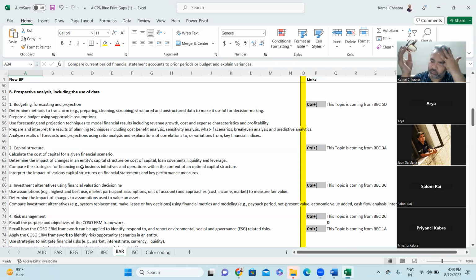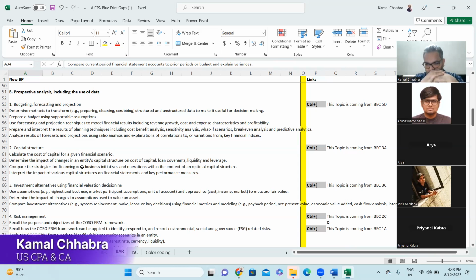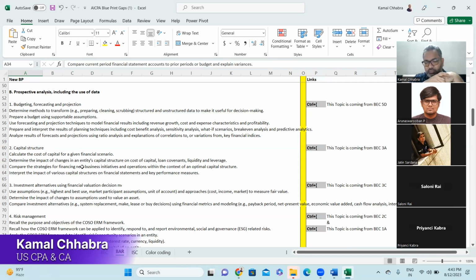Forecasting is like preparing a budget for the future. It is done on the basis of current year financials. What else do you understand by forecasting? Estimating the cost and sales. You can make a forecast on the basis of the market trends which are going on. The business environment is dynamic, so we have to change our things accordingly.